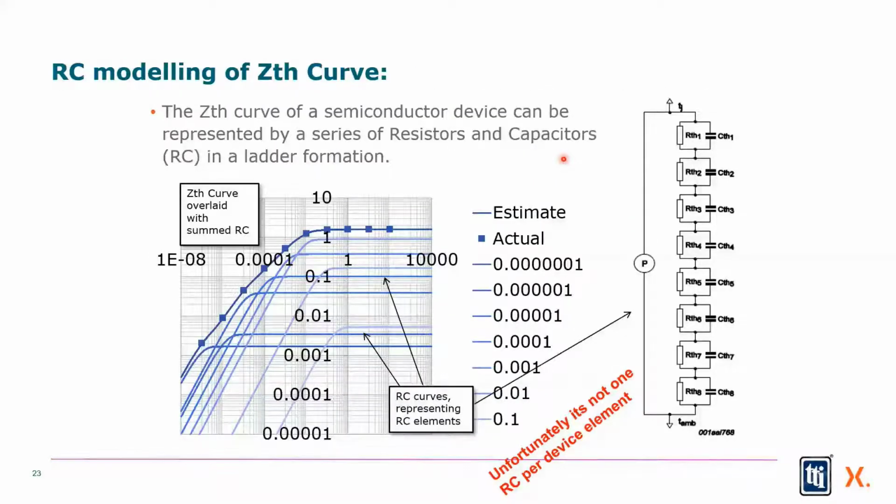Now, to build these models, what we do is we take something called the thermal impedance curve, the ZTH curves for a device, which is what we actually measure. We design to this curve. It's in our data sheets, no surprise there. You can actually build that curve based up on a series of RC curves. Simple geometry here, simple curve equation matching, that I can build this actual physical curve with a series of other